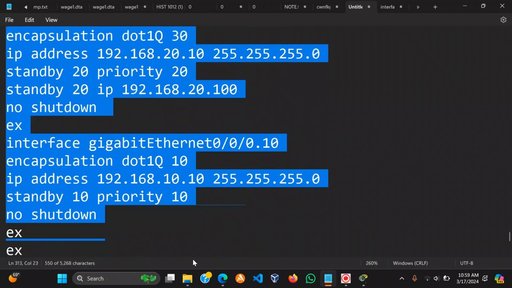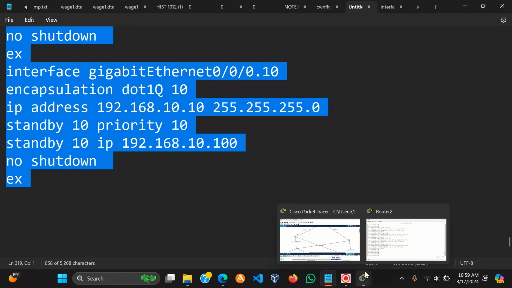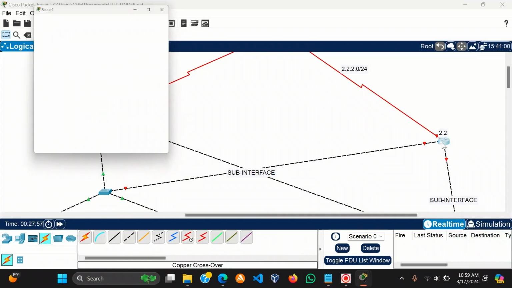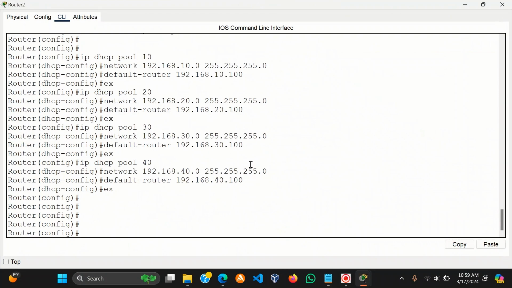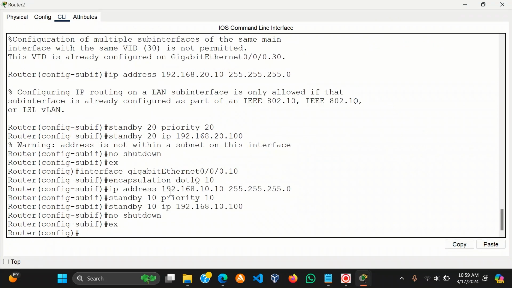So let's copy this one to that router. So let's come to this router and then paste this one to this. So everything is